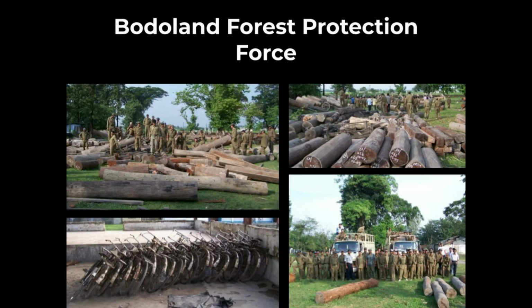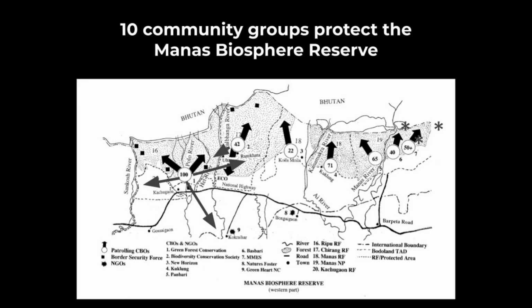These pictures show the Kachagan camp with the Bodoland Forest Protection Forces and the logs and bicycles that they confiscated. They patrol by truck and bicycle in large groups, but without weapons. There are now 11 community forest protection forces that work with the Assam Forest Department staff, 10 of which are